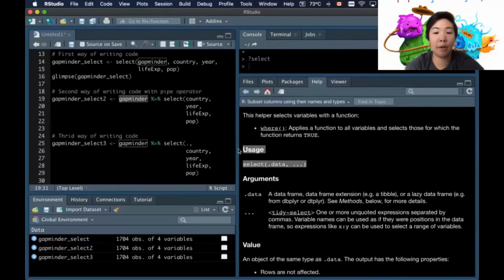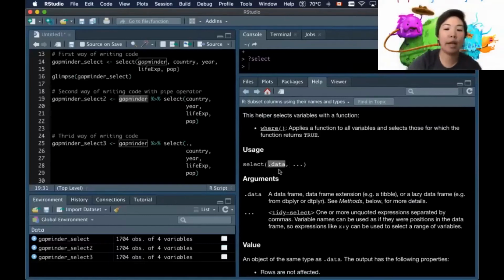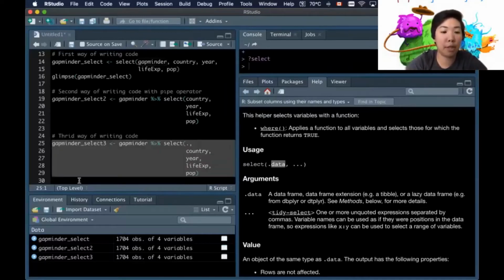So usage is saying, it's showing select data and then 3 dots. So those 3 dots is indicating whatever you want to select for your columns, but it's showing that data comes first. What if I reverse the order and I gave it all the columns, but not the data? And that may cause an issue. So sometimes we want to explicitly say, here, I am giving you the data right now. And so if you want to be very explicit, the fourth way